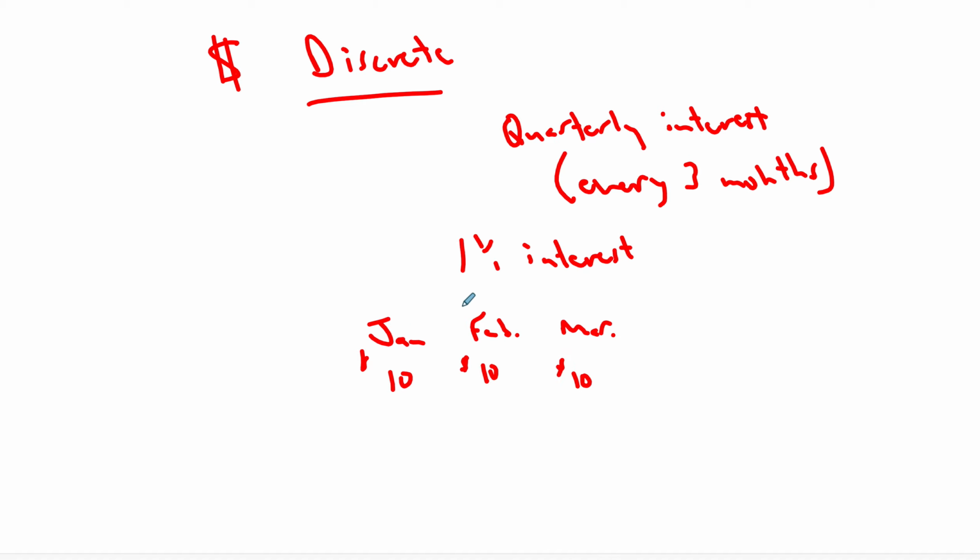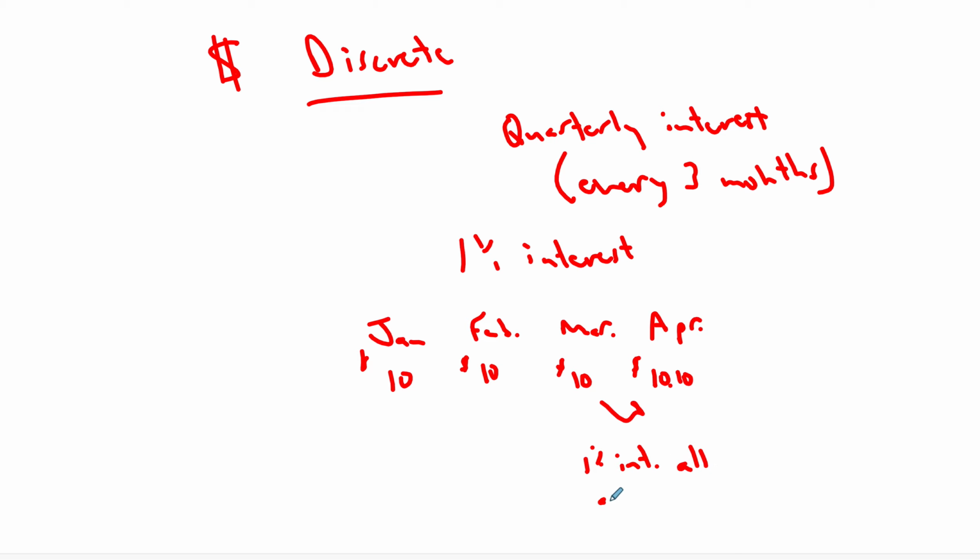So you had it in all January, all February, all of March. At the very end of March, they pay you this 1% interest. Now 1%, that's 1/100th, would be what? Well, 10 times 0.01 would be, you'd get a dime. So then, and only then, would you see your 1% interest